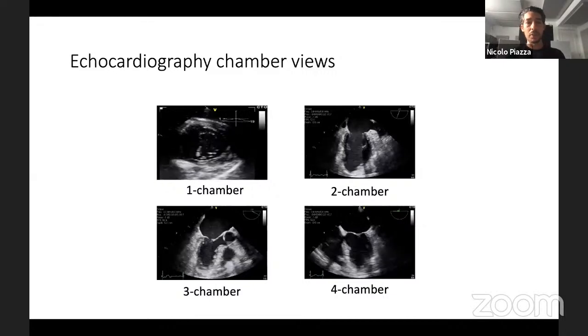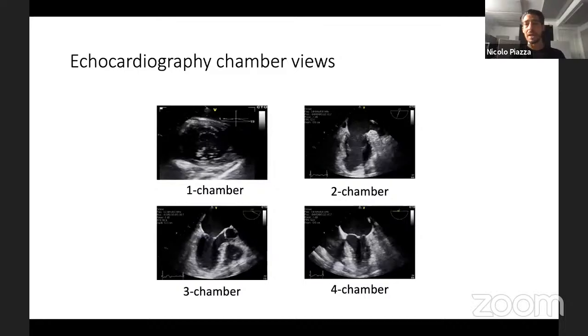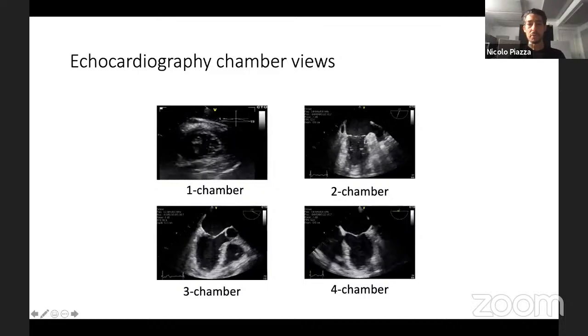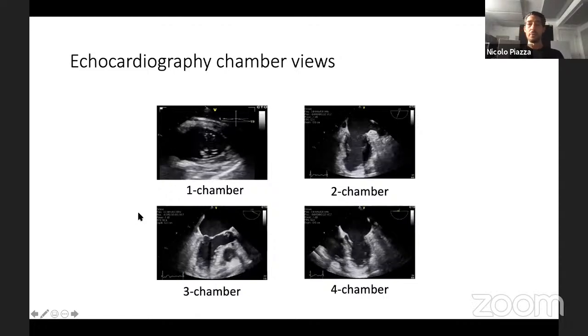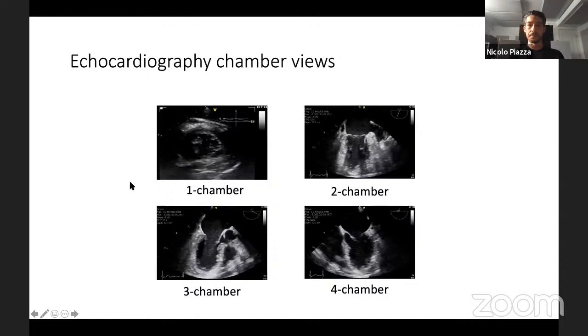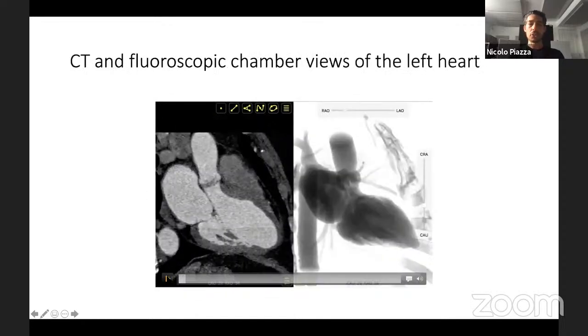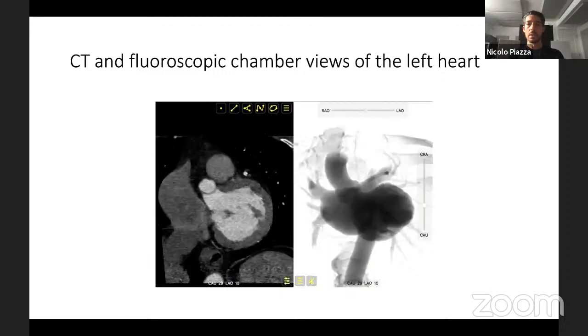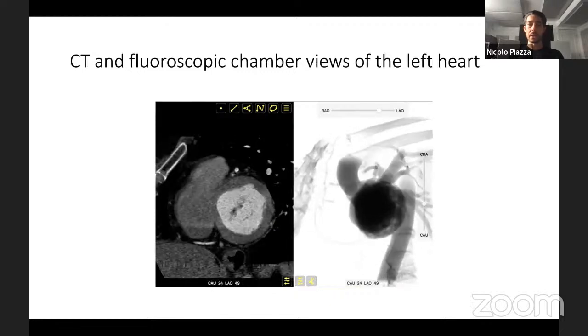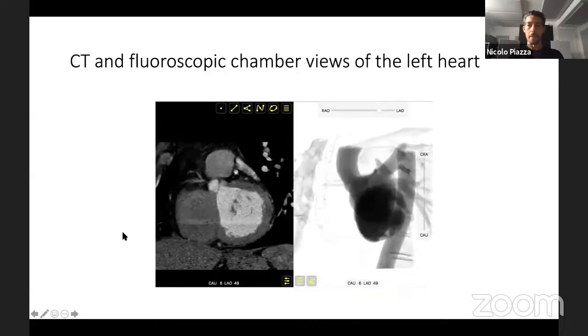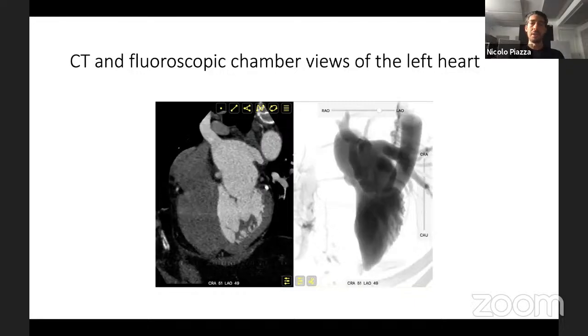And so we have the 1-chamber or short axis view of the heart. We have the bicommissural or 2-chamber view of the heart. We have the LVOT or 3-chamber view. And we have the 4-chamber view of the left heart. And remember, these chamber views can be obtained on CT. The 3-chamber view in RAO caudal, the short axis or the 1-chamber view in LAO caudal, the 4-chamber view in LAO cranial,